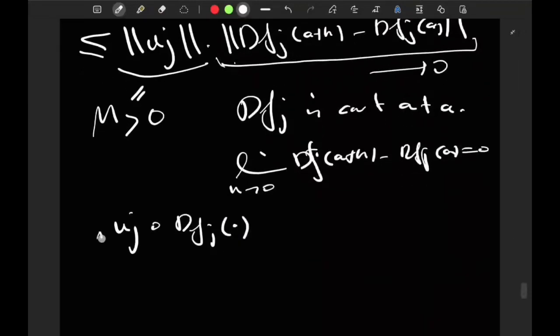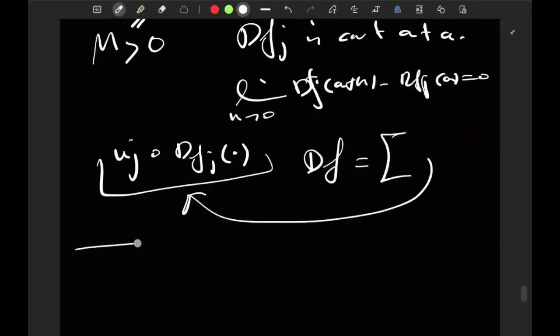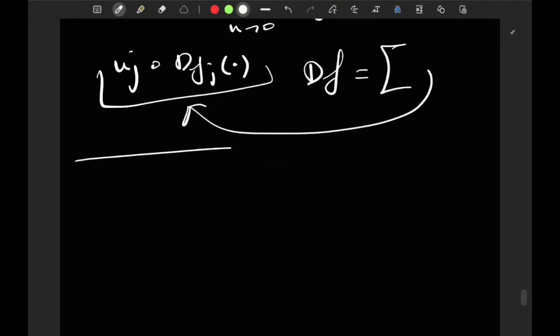Okay, since each of these is continuous at A, then df, which is just the sum of these, is itself continuous at A. Now vice versa, you need to recall what each dfj looks like in terms of df. So let's remember that